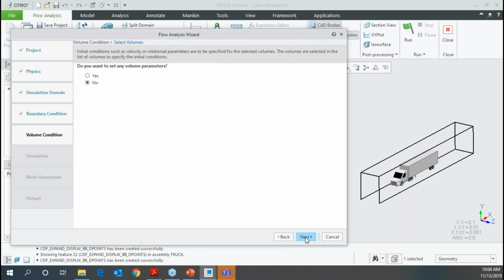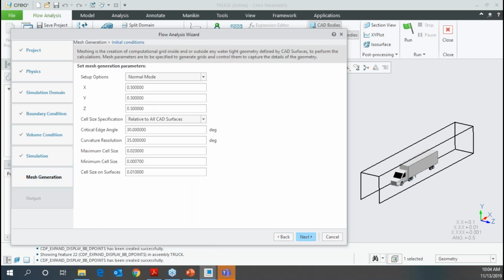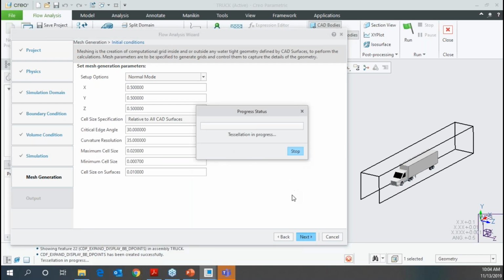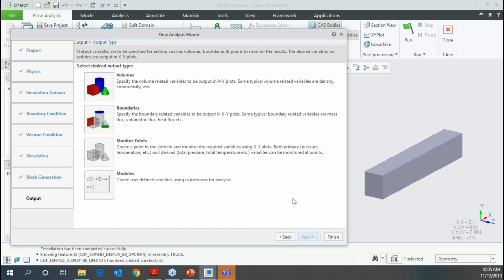Yep, no other surfaces to specify boundary conditions. And so we'll go ahead and just hit next and next, and finally go ahead and I'm going to generate the mesh. We'll say OK, and it goes ahead and does that. Now the mesh generation here happens decently quickly, and finally here we can then take a look at, for example, some